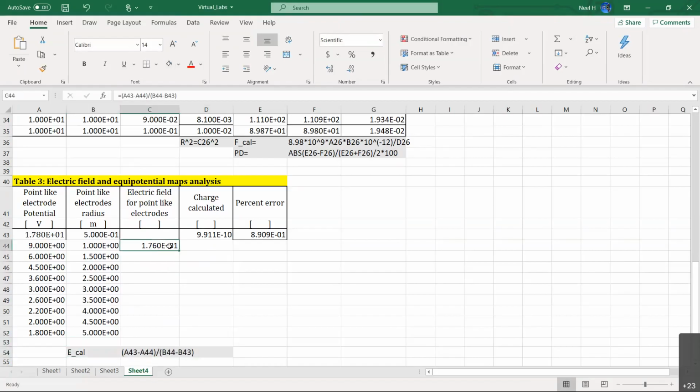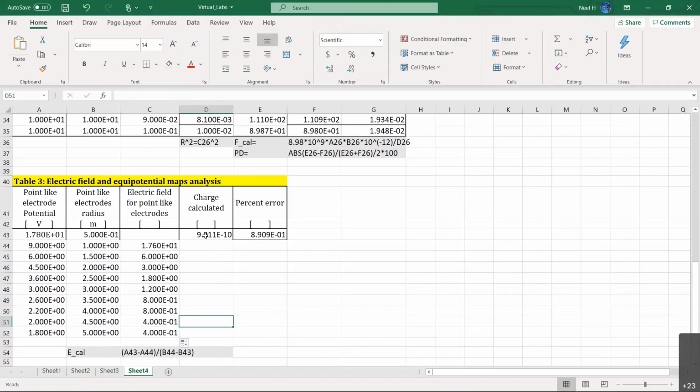All right, if you do that calculation for 1, then you click and drag this one downward. It will automatically do the calculation for you. This electric field we are calculating between each of the equipotential lines, not directly from the charge, between 2 lines, 2 black lines only. Okay, good. Any question? You can see as we go further and further away that electric field intensity is actually decreasing. That we can see clearly.